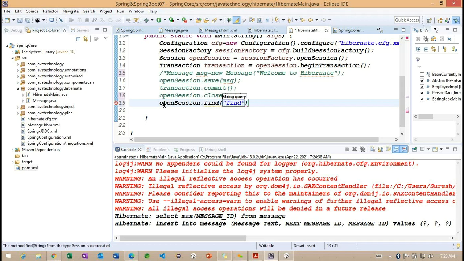So I want to add HQL, and we'll discuss more about this HQL later. So: from Message as m order by m.text.